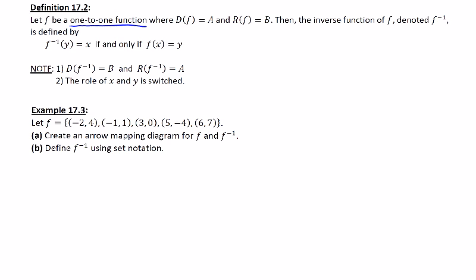So let's go further into this definition. It says the domain of f is going to be A, and the range of f is going to be B. So in other words, we could do a mapping that would say f colon A maps over to B. That's what that's saying. Now, it then says the inverse function of f, which is going to be denoted with this notation here, f